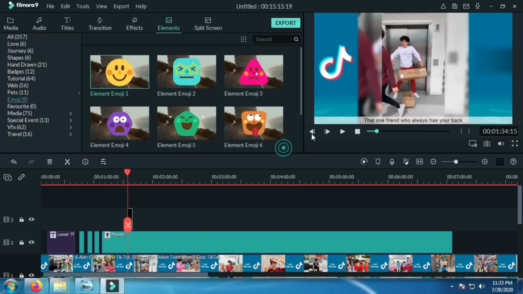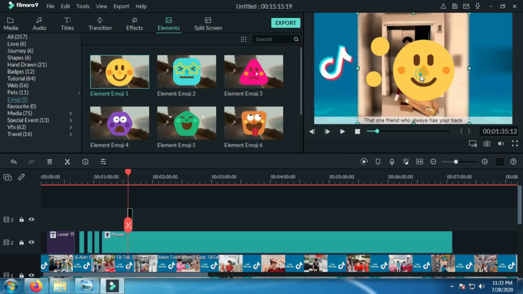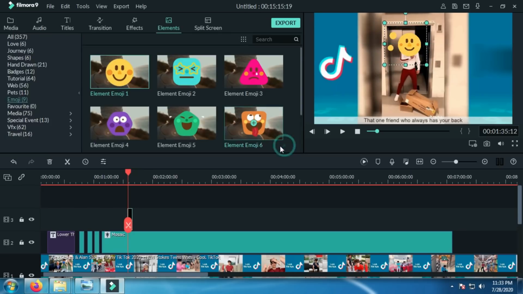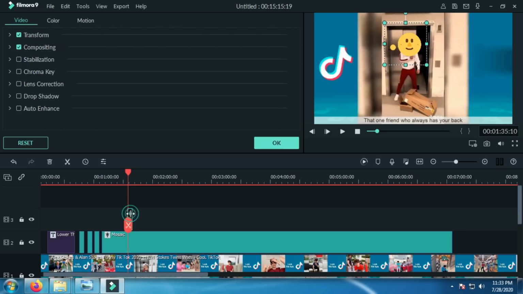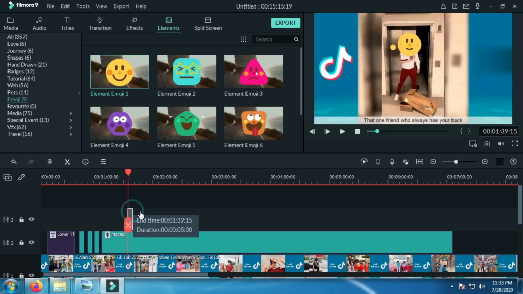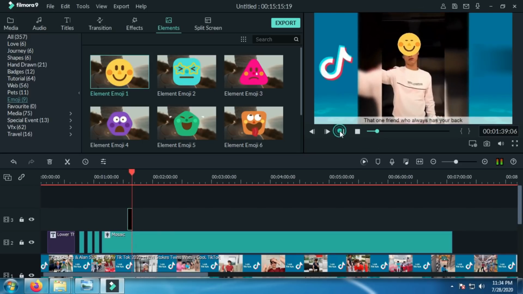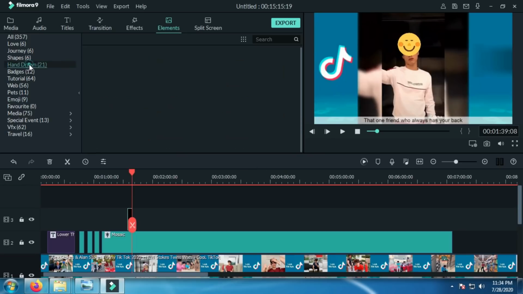I'm just inputting it. You can adjust the emoji to a particular portion of your video. Click the OK button. See, the emoji is applied in the particular portion.